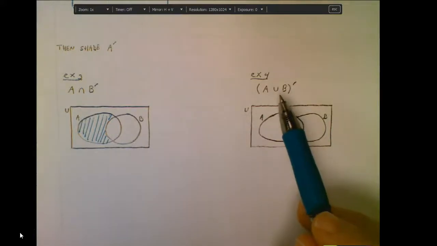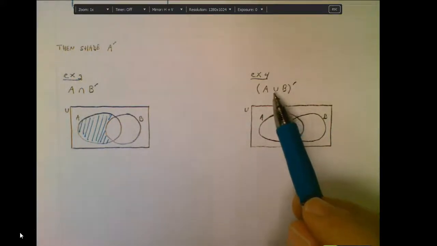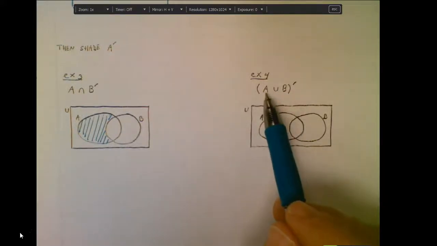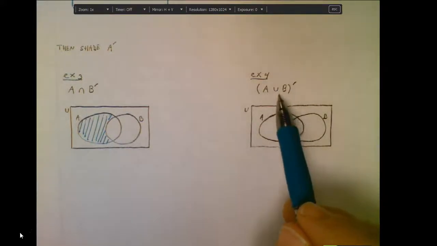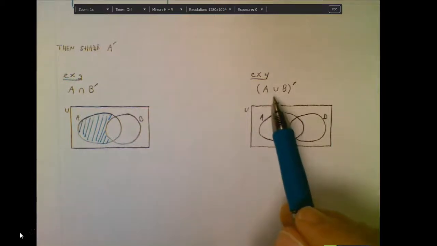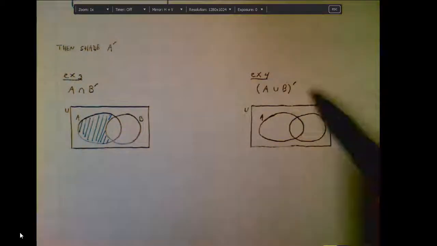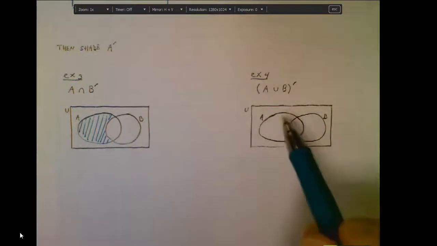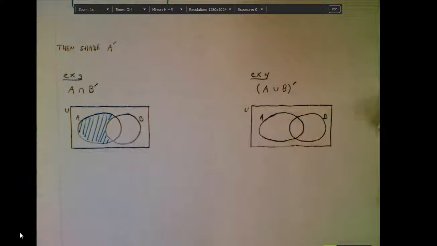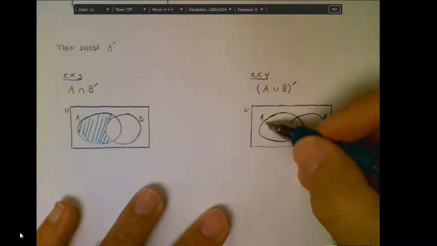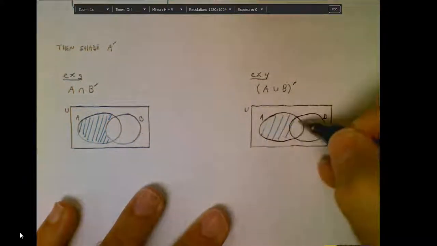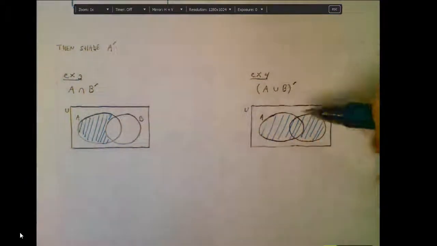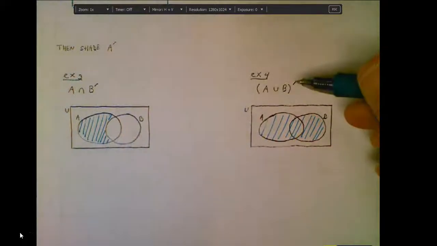Unions are a little different. When you deal with a union, you shade everything. So if it's in set A, I can shade it. If it's in set B, I can shade it. It only has to be true about one of those in order for it to get shaded. Now this particular problem says A or B, not. And so obviously if I was going to shade set A or B, I would be shading all of this. Those are the things that are either in set A or in set B, so I would shade that. But because of the not,